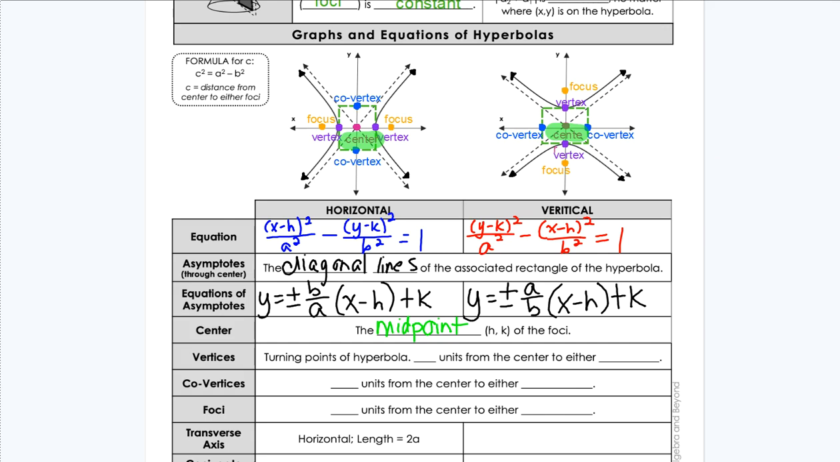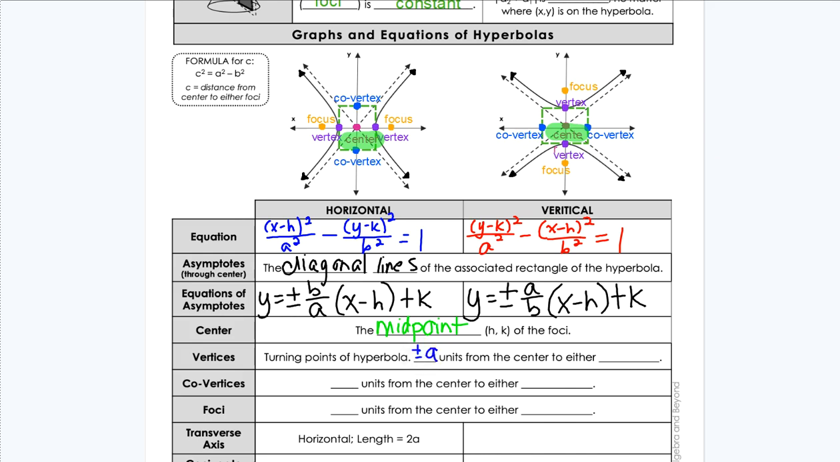All right, so our next key points are the vertices and the co-vertices. Similar to what we were doing in ellipses, vertices are those turning points of the hyperbola. So kind of the corner, if you will, of the curve, even though it's not an actual corner, it's a curve, but it's kind of that center point of where the curve is happening. So those are the turning points of the hyperbola,